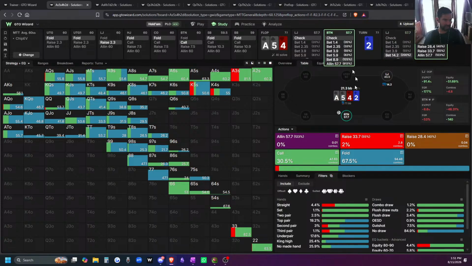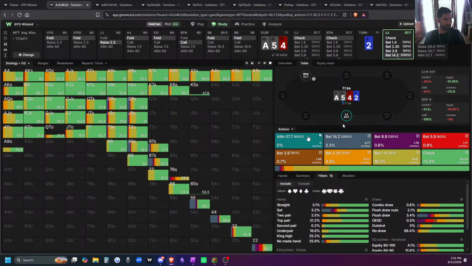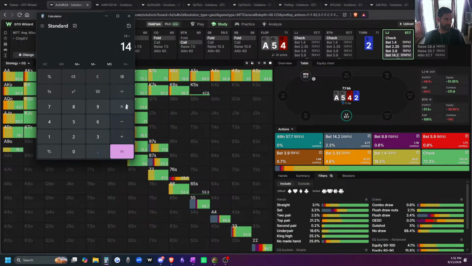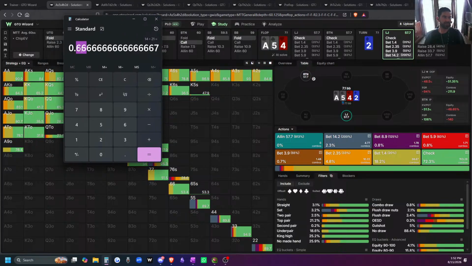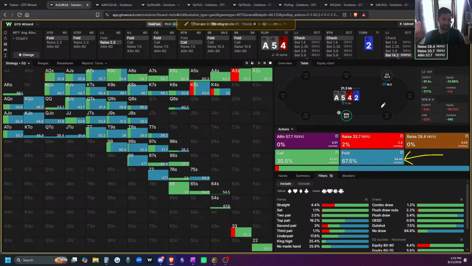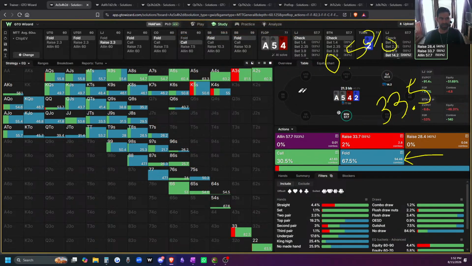If we bring up the math behind overbetting, I think people can quickly figure out why this is a good idea. So if you're not incorporating an overbet, you're basically risking 14 to win 21. So it's 14 divided by the pot that you stand to win, and it only needs to work 66% of the time. In other words, the in position player, the defender, needs to defend 34% of the range. So if you highlight the 200, they're supposed to be defending 34, and they are defending 33.5. It's actually giving us a 0.5% mathematical advantage, not including our